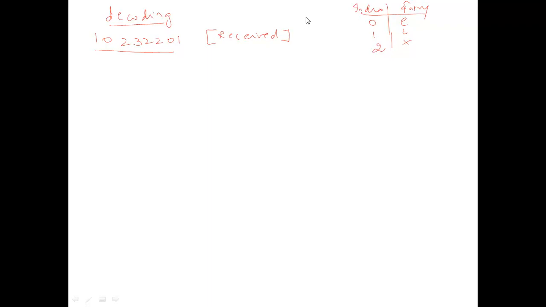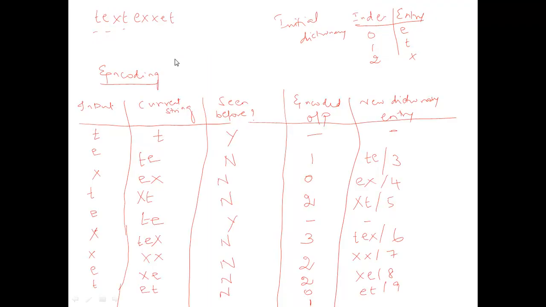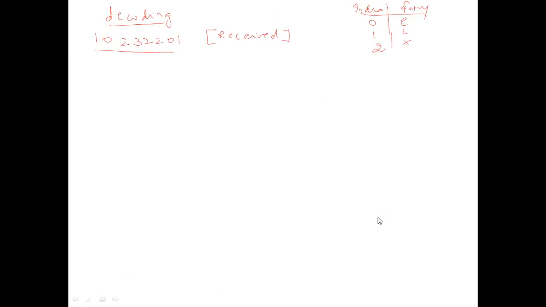Now I will tell you how to perform the decoding operation and how to update the dictionary. The encoding dictionary, whatever was updated, is in no way known to the decoder side. The receiver side will start again with the initial dictionary only, and it will update the dictionary every time. For performing decoding, let us understand this with a tabulation. Let me write it separately.